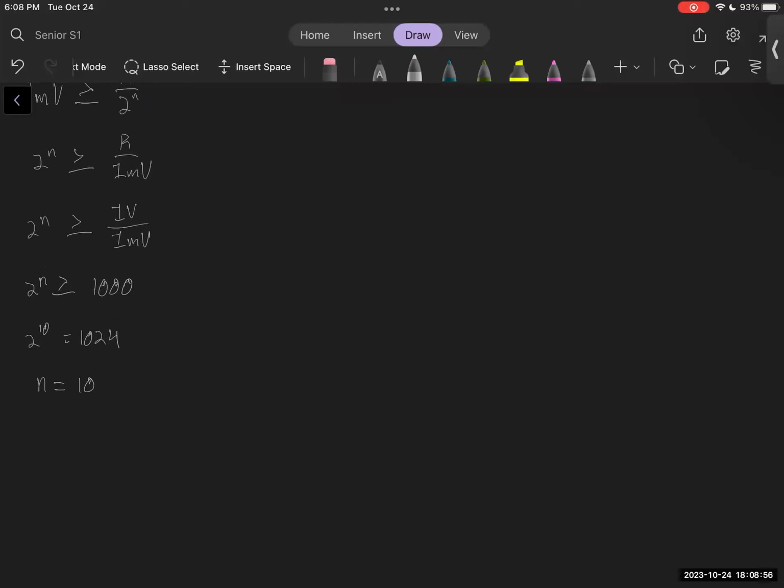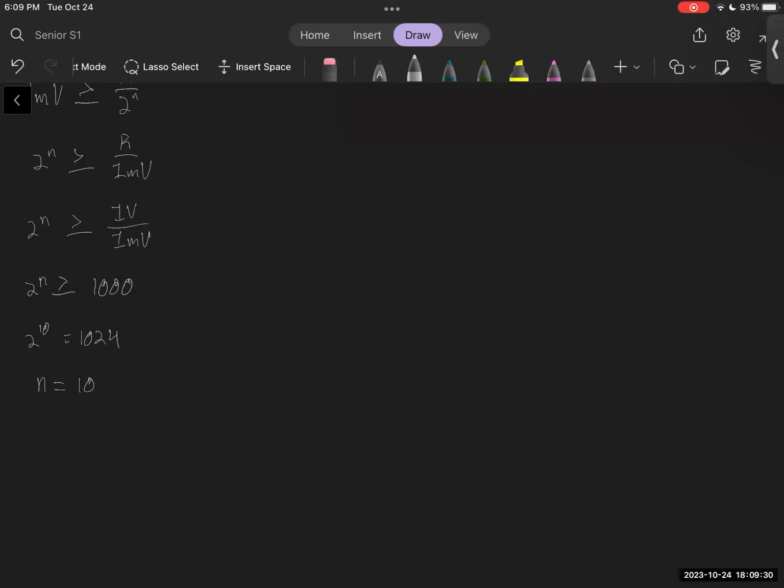The other way to approach this is if you have a calculator, which you won't on your exam, but just in general, if you take log base 2 of 1,000, you get 9.96578. And whenever you take the log base 2 of your value, you always have to round up. Because if you round your number of bits down, that's going to increase your step size